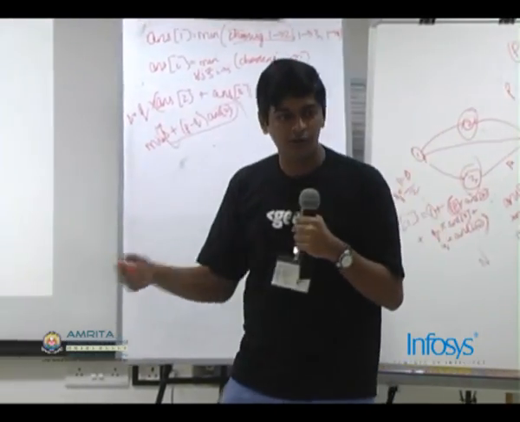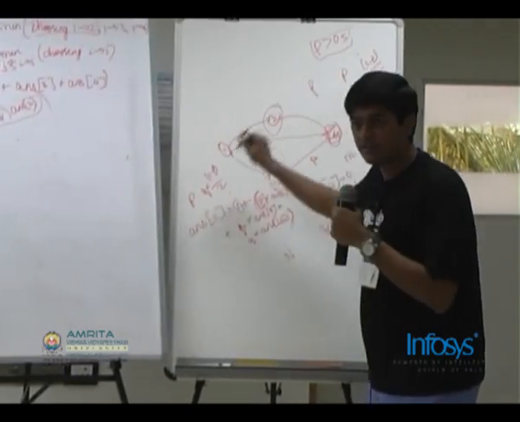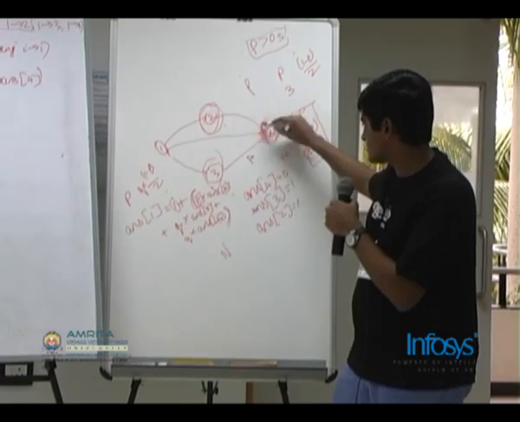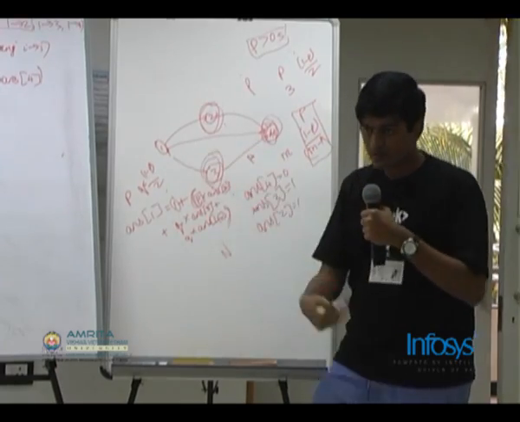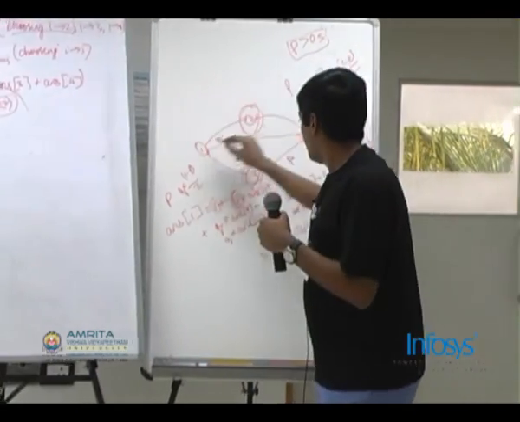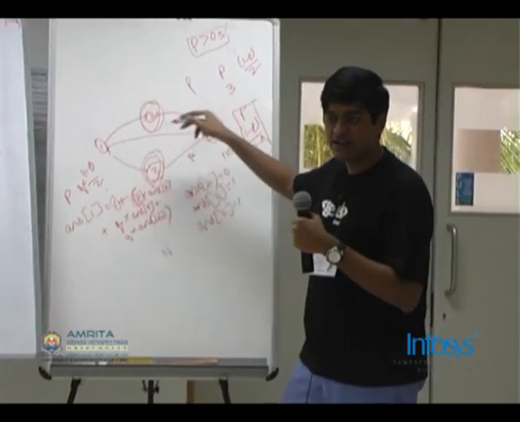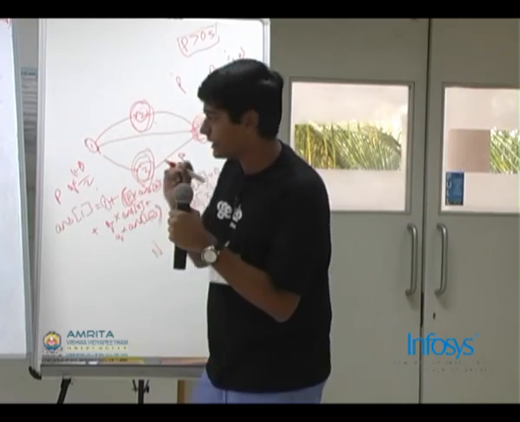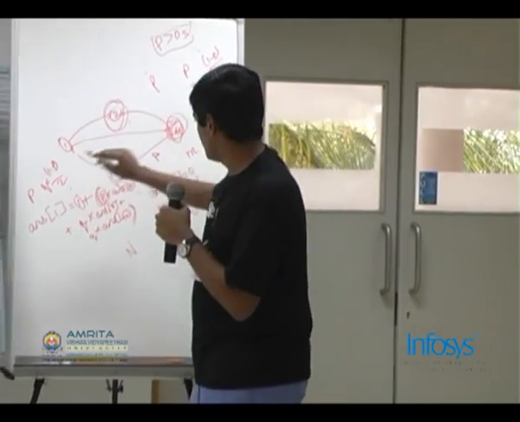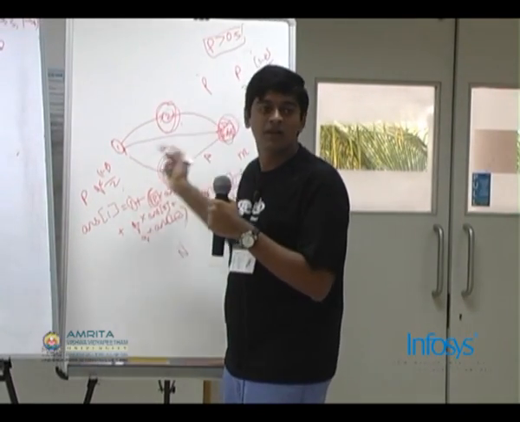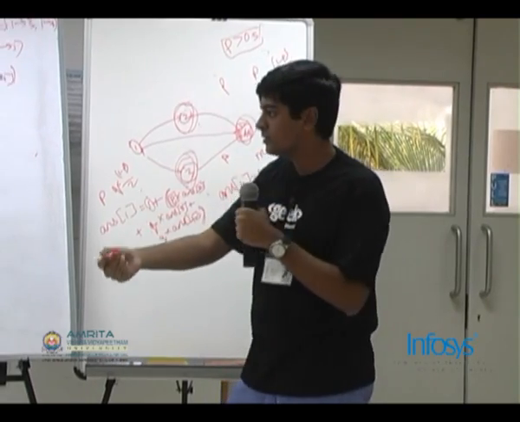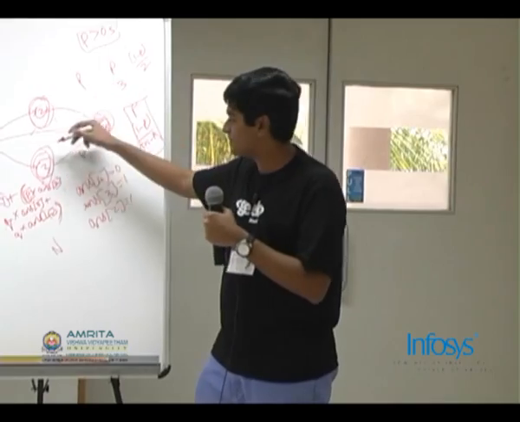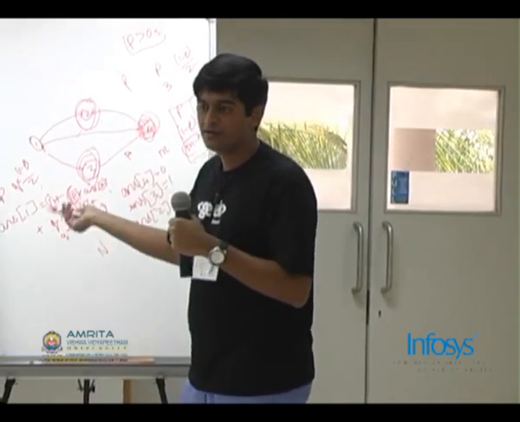Is the argument clear? Okay, I'll repeat it. You are at a given node. You know the expected values for all these nodes already. So, you know that with the probability of greater than 0.5, you will reach the node that you choose. So, just pick the minimum of all these expected values and go to that place.